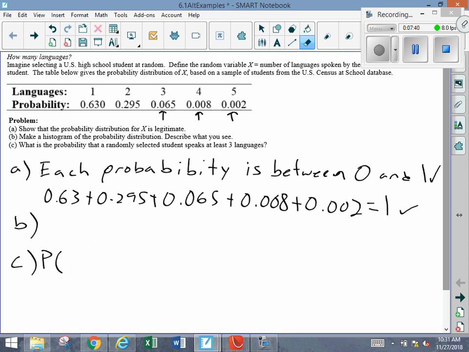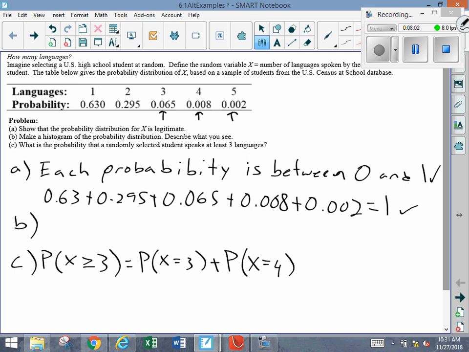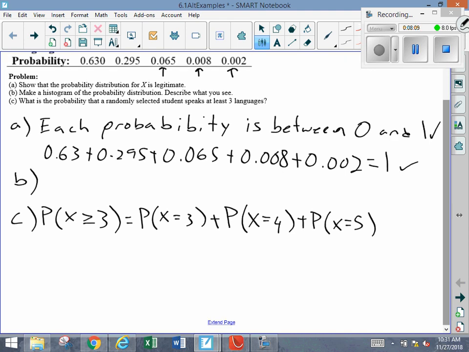So we're going to use some notation now. If I wanted to say probability x is greater than or equal to 3, it's going to be the same thing as the probability that x is equal to 3 plus the probability that x is equal to 4 plus probability x equals 5, which then is going to look like 0.065 plus 0.008 plus 0.002, which is